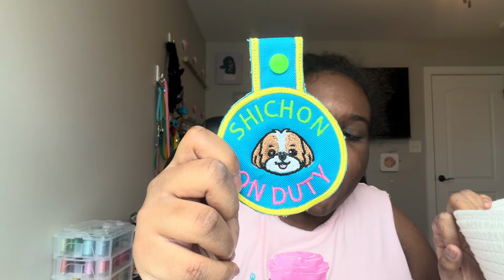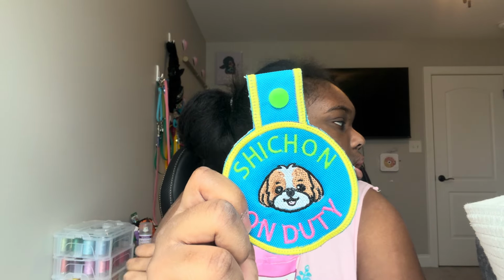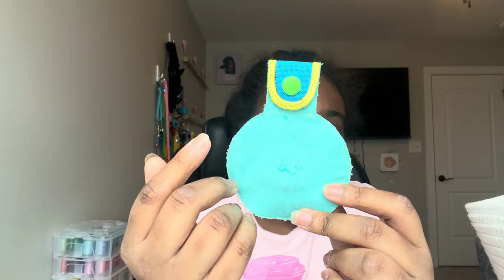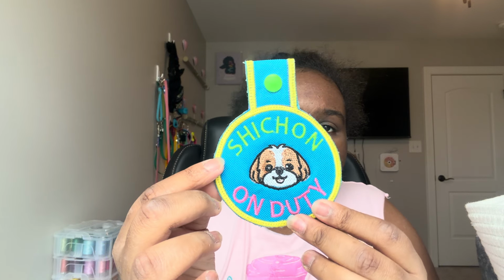This is how I used to do my patch tabs. I no longer do my patch tabs like this. This is before I figured out how to get the back how it's supposed to look. So yeah,